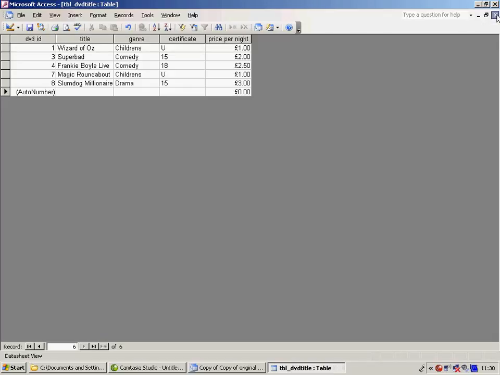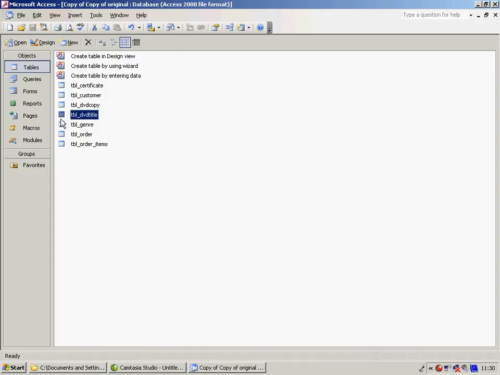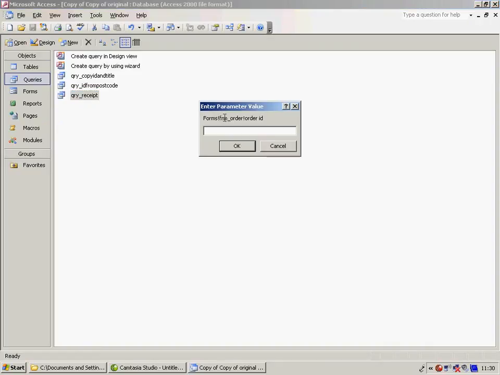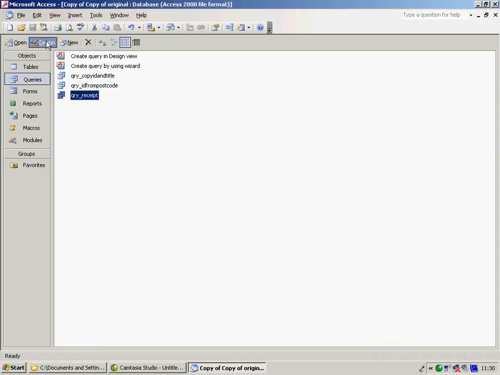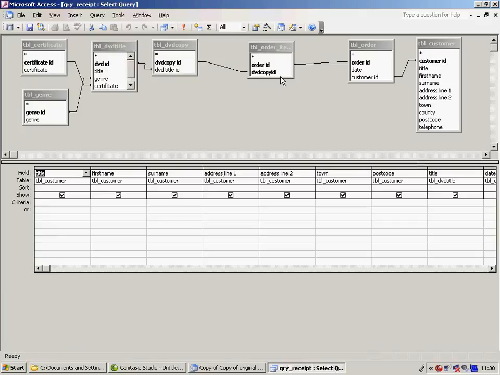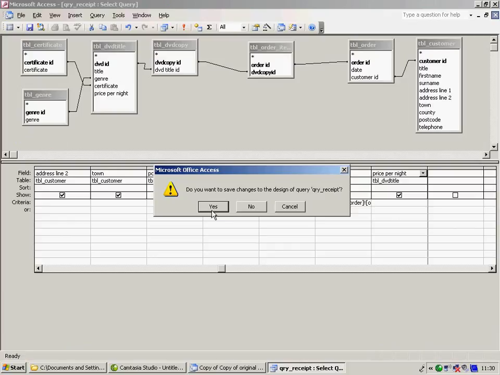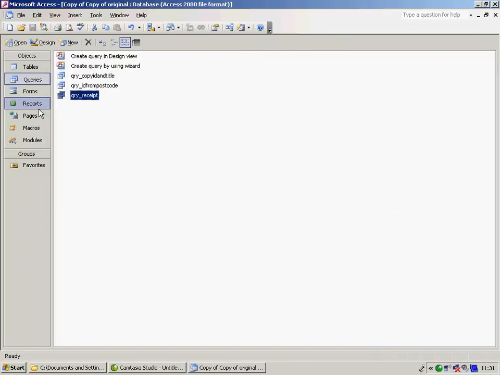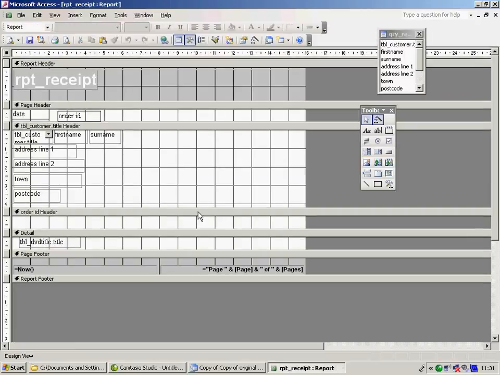So right, let's close that. And we really need to go back into our query of receipt. And let's just do that in design view. And of course, we find that we have a price per night, which I'm going to also add to the query. We'll close that down. Yes, and let's go back to the report now, and let's see if we can, in our design view of our report,